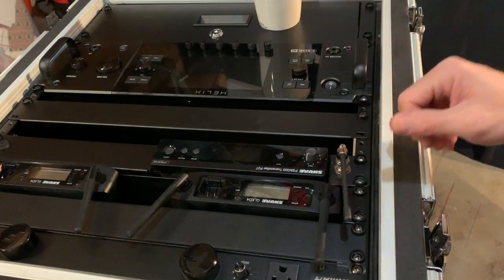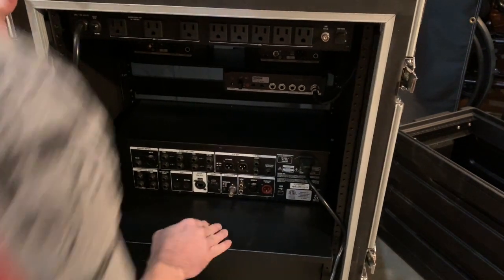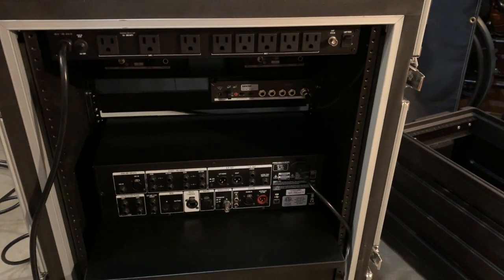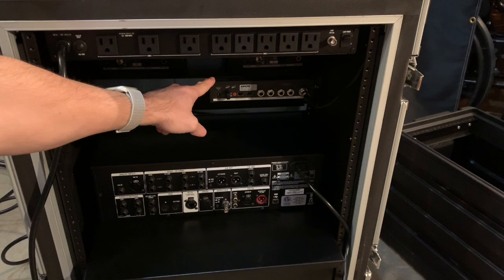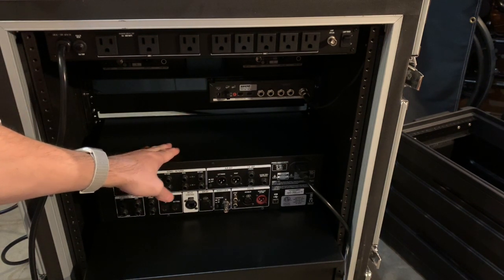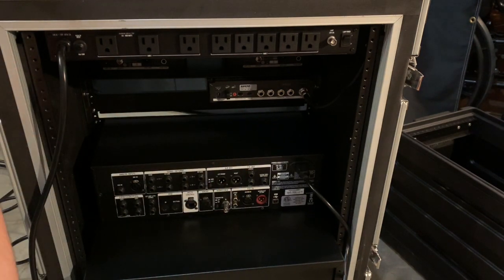So let's flip this around. So here we are, the back of the unit. And I'm going to try to make sure you're getting a good shot of this. So here's the back of my in-ears transmitter. And Helix is down here. And I knew I wanted the patch panel offset from where the back of the Helix is. And the reason is that